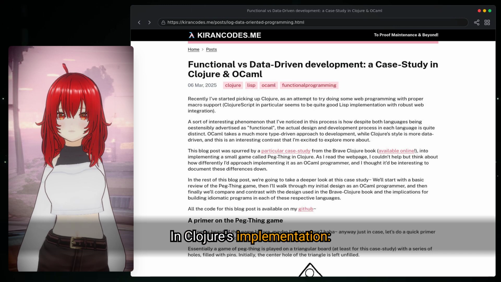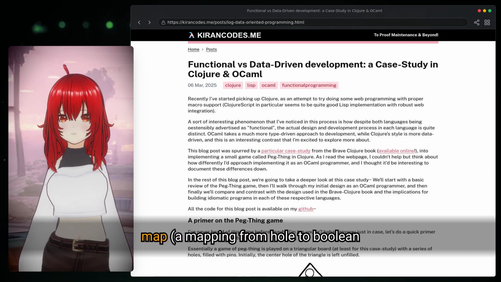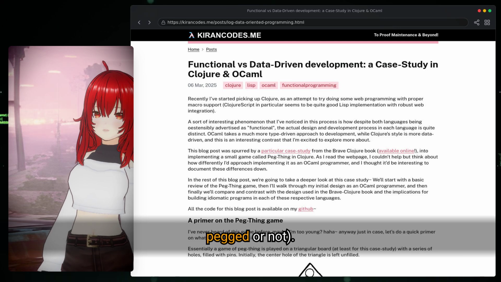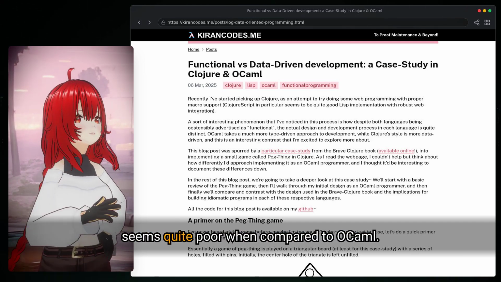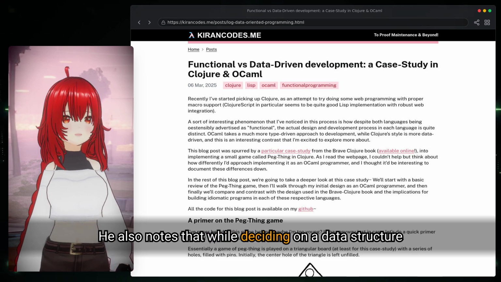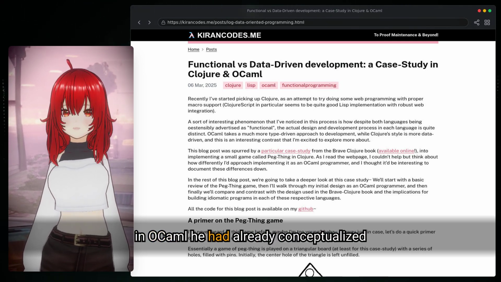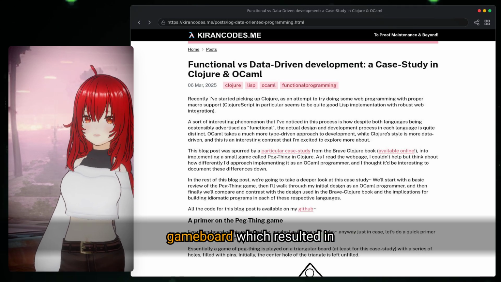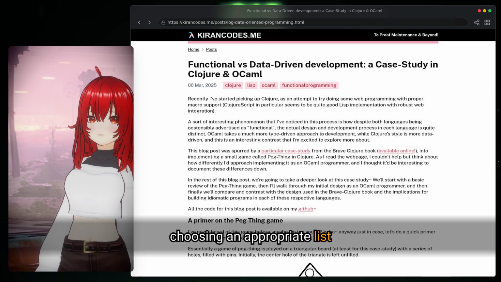In Clojure's implementation, the board is represented as an association map, a mapping from hole to Boolean value representing whether it's pegged or not. According to Karan, this representation seems quite poor when compared to OCaml. He also notes that while deciding on a data structure for the game board representation in OCaml, he had already conceptualized using tuples of ints to address into the game board, which resulted in choosing an appropriate list-based representation based